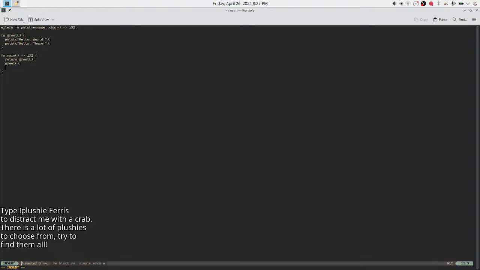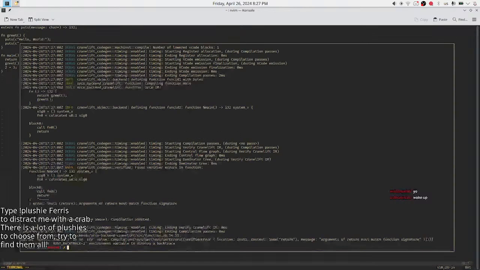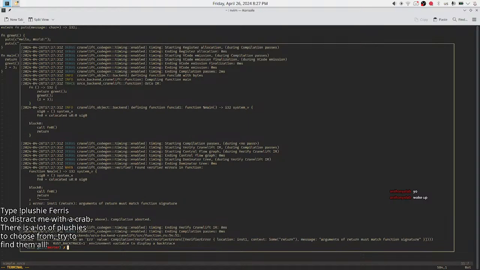Now I wonder how it's gonna handle multi-line statements. Actually, let me do something special for this one. Yo, hello, Anthony Slab. Wake up. It's 8 p.m. I'm not sleeping.